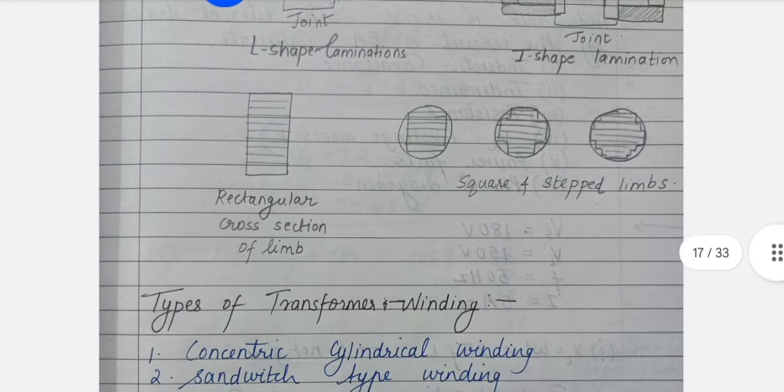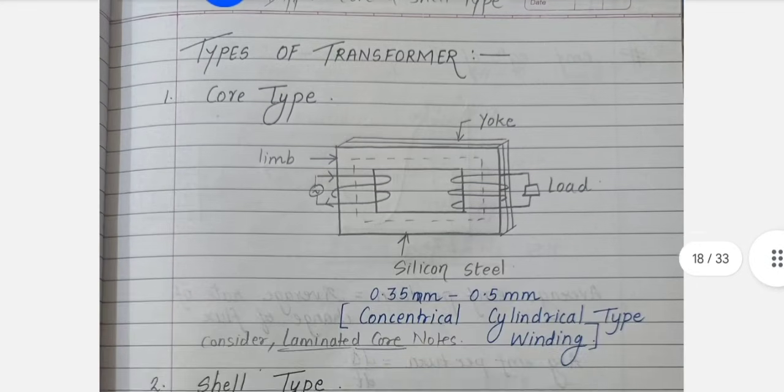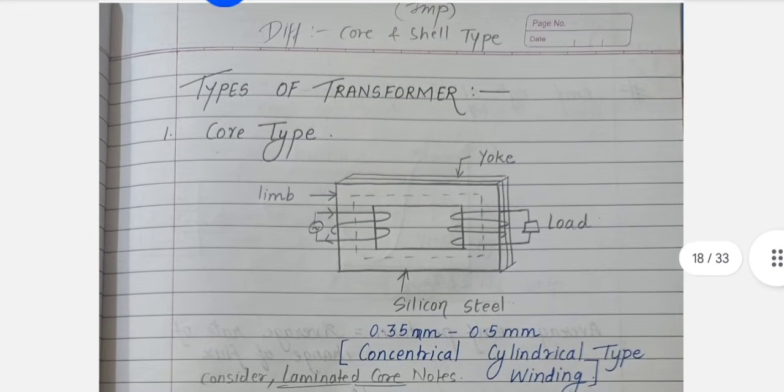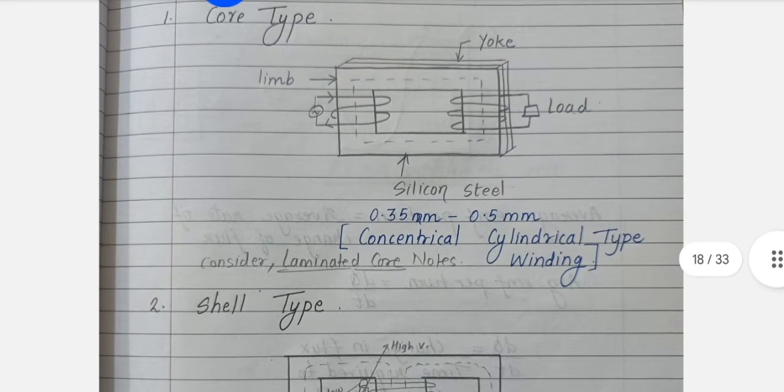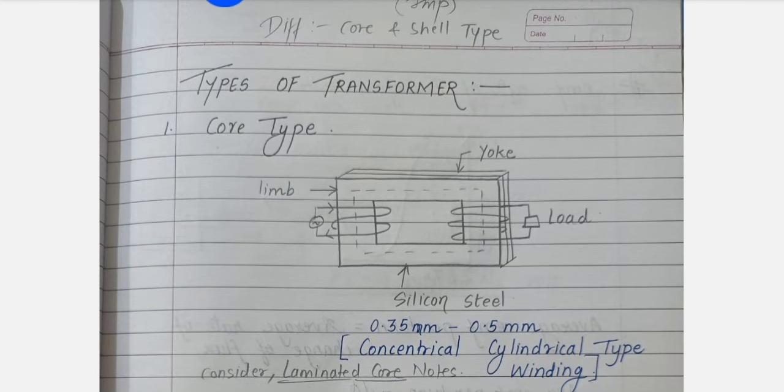Okay. Then we have some types of transformer winding, that is two types of transformer winding: concentric cylindrical winding and sandwich type winding. Okay, then the important question, that is types of transformer. We have three types: core type, shell type and berry type transformer. So in electrical transformers, the terms core type and shell type refer to the arrangement of transformer winding with respect